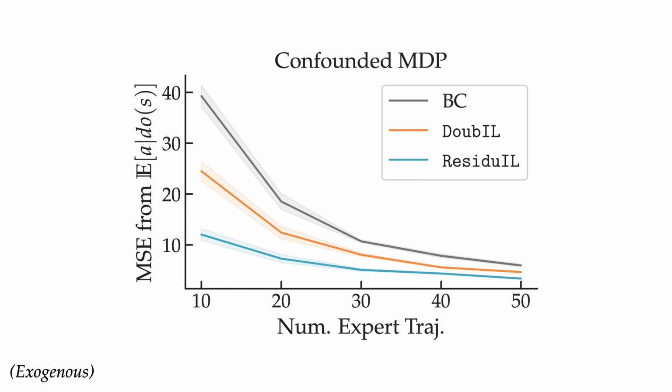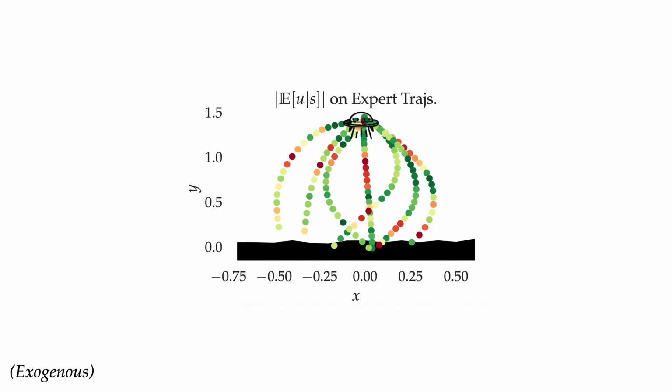Empirically, we find that both of our algorithms are able to significantly outperform behavioral cloning at matching the intended action of the expert on a simulated lunar lander task with exogenous noise. We can also compare the output of one of our causally consistent approaches to behavioral cloning to find the areas of the state space where the effect of the confounder is particularly strong. For the lunar lander task, the more red dots indicate these areas, where behavioral cloning might be particularly biased.